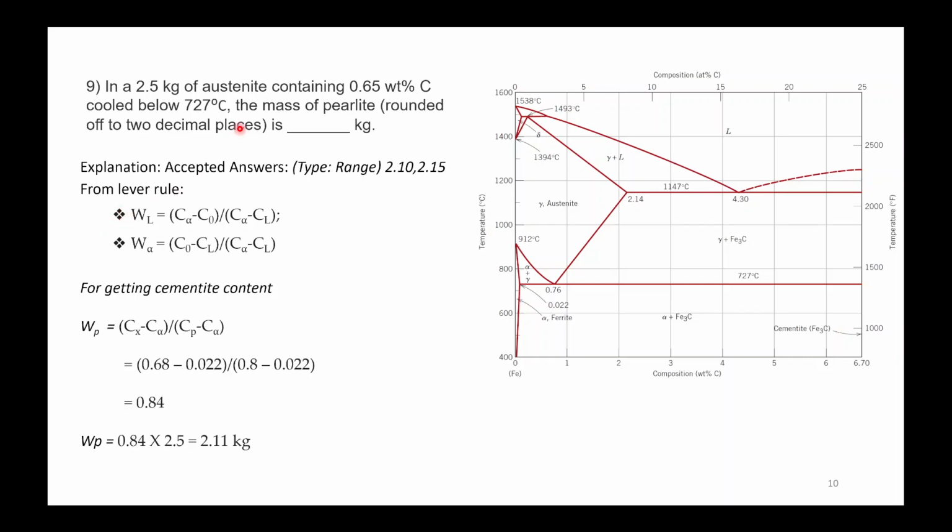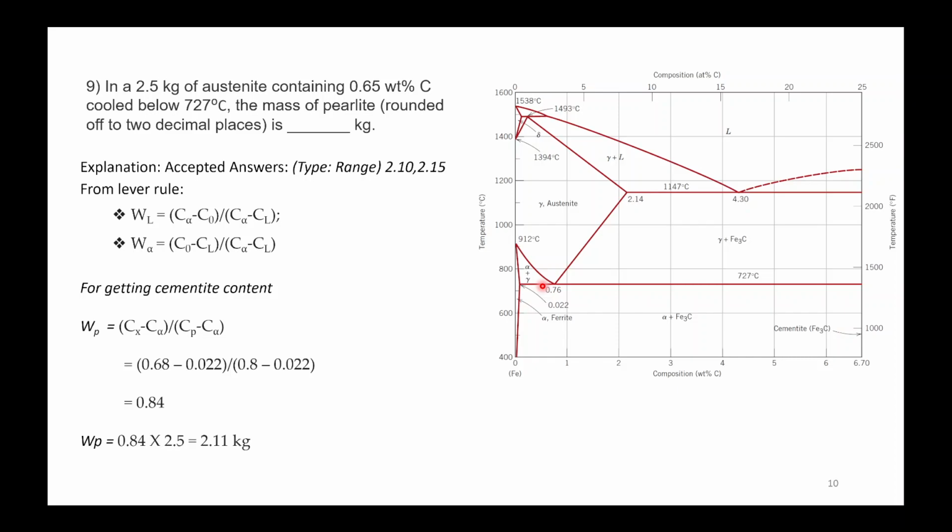So as told earlier, we are given the carbon composition. So 0.65 will be lying between the eutectoid temperature and your 100% ferrite. So here you have 100% ferrite, here you have 100% pearlite. So you have to tell the mass of pearlite. So for getting the mass of pearlite,